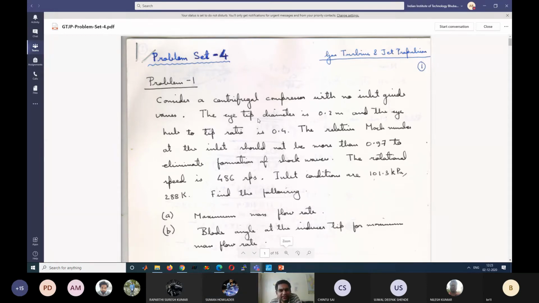Don't go long unless I say explain. If I say state what happens or why this happens, just write 1 or 2 lines. If I say explain why this happens, then you can explain, and it will be clear from the marks also. If it is a 2 marks question, it means a 1-2 line answer. Okay, 1 mark, 2 marks question. If it is a 4 marks question, you have to explain somewhat. So from the marks also it will be clear.